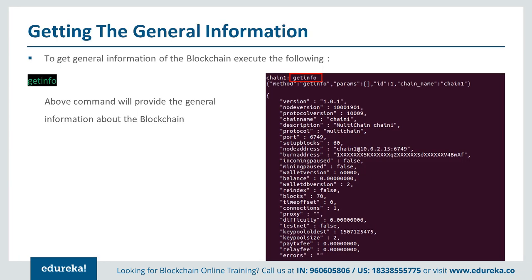Now let's see what all commands we can run. So getinfo will give you the info about this blockchain. You can run it from either node. Both will show you the same information. This is the community edition. The name of my blockchain is EduChain1. This is the description. The protocol which is used is MultiChain. These are the parameters that I initially configured as a part of my initial block. So the default network port number is 6821.